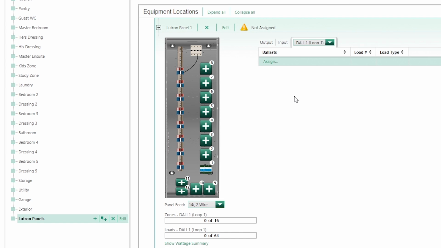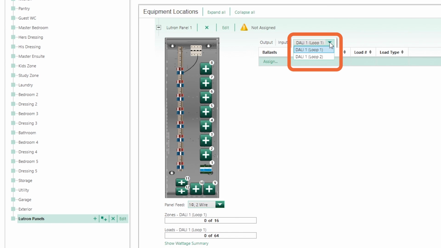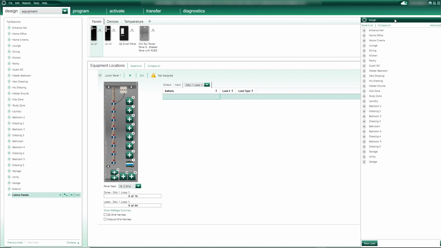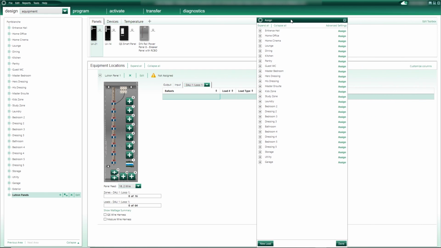Now, adding the DALI module in the panel will create this new tab here, which will allow me to navigate between the 2 DALI loops of the Lutron DALI module I've just added in position 1 in my panel. So, let's start with DALI 1 loop 1. And in the column that says ballast here, which can also refer to DALI driver, I'll click on the Assign button. From there, a new window opens that will list all my DALI zones and drivers I've just added in